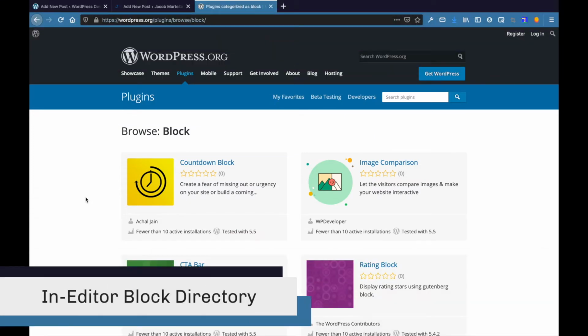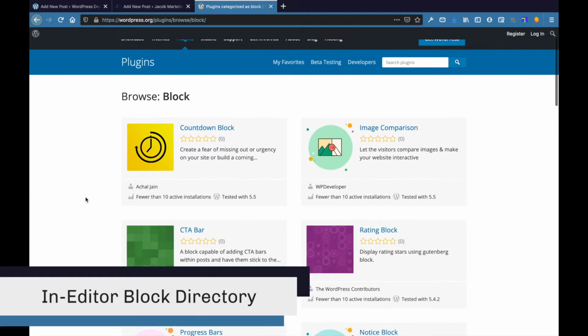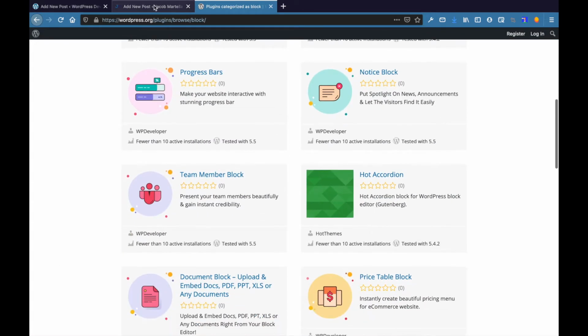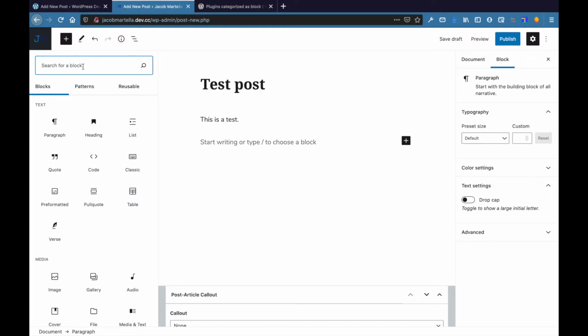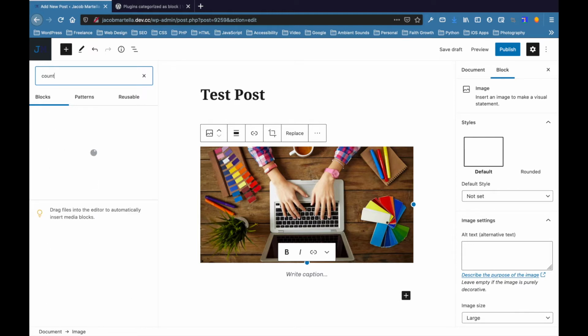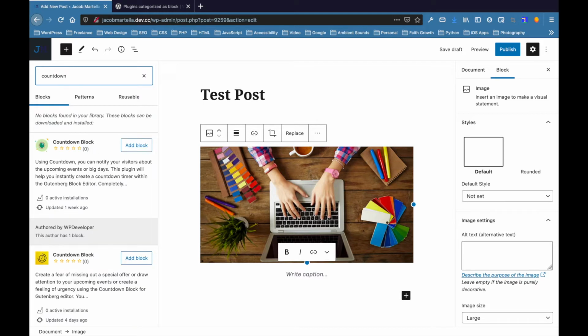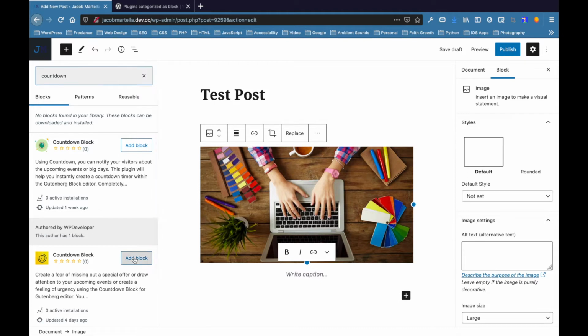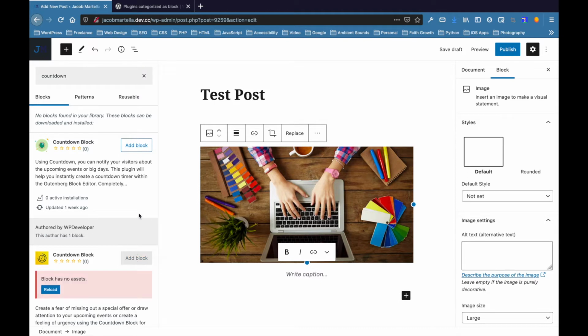One of the most anticipated new features for the block editor is the new block directory. There has been a specific block directory with WordPress plugins for a while, but you've had to install them from outside the editor. With 5.5, you can install blocks right from the editor. To do this, go to Add a New Block and hit Browse All. Then search for a type of block that you don't have in the search bar. Then simply hit Add Block on the block you want to add.